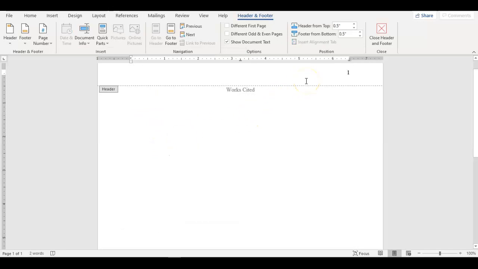Now, I'm using Times New Roman. This font may be different if you switch to Times New Roman. I believe the default is Calibri 11. You can change that in the same place that you would normally change your font in the body down here. So just type your last name,